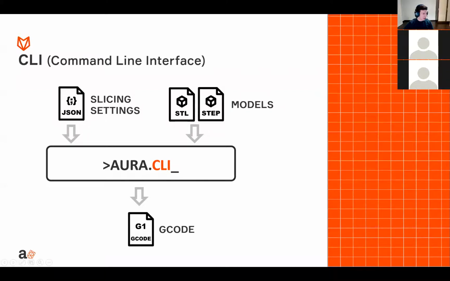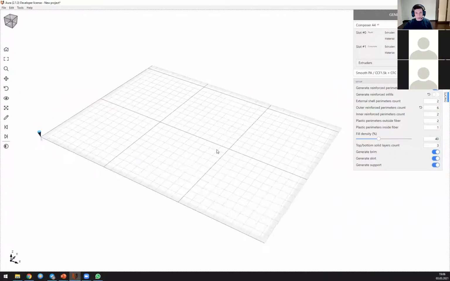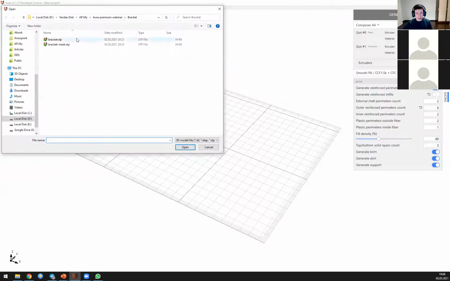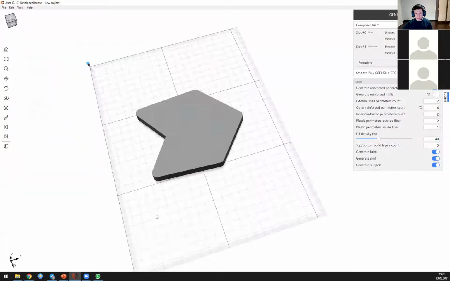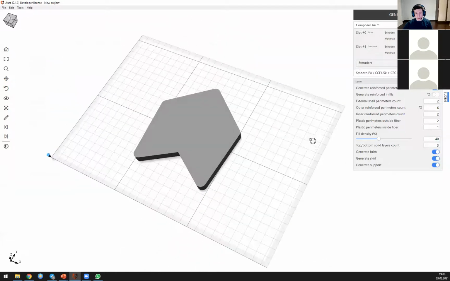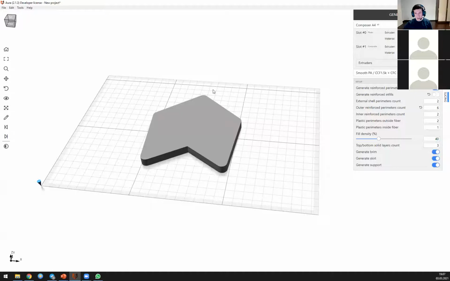So I'll start with masks. So let's open a model. For the demonstration, I have this model which represents the logo of Aura. And the best way to